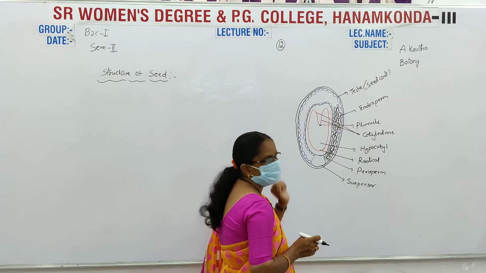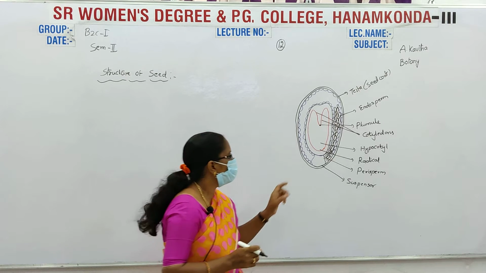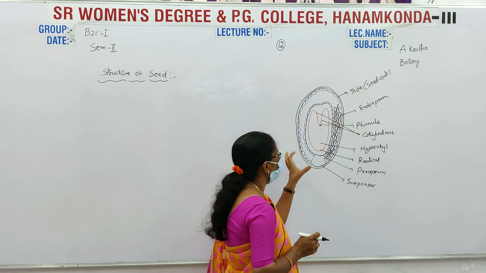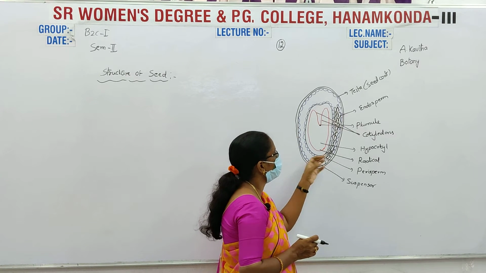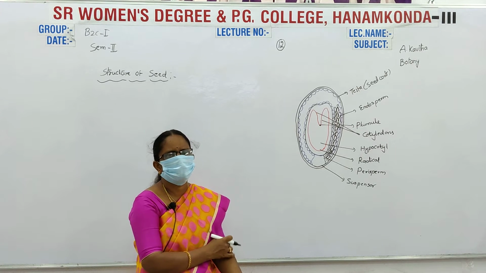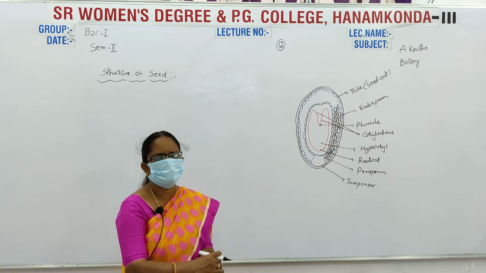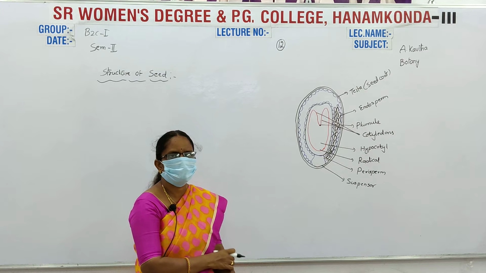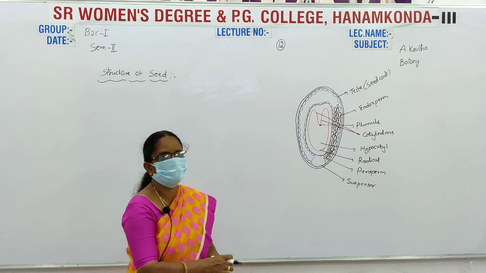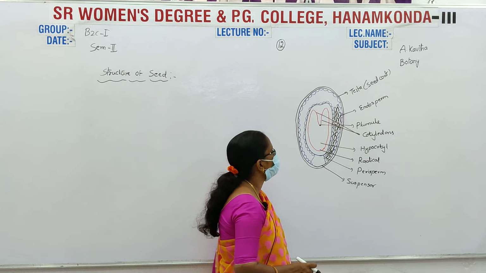Inside the seed there is an outer layer and an inner layer, the outer integument and the inner integument. The outer integument is very thick and the inner integument is thin. Inside the seed coat, the endosperm is present. The endosperm is formed in the ovule. Normally the active megaspore divides again and again and forms the endosperm of the ovule. This is present in the seed.